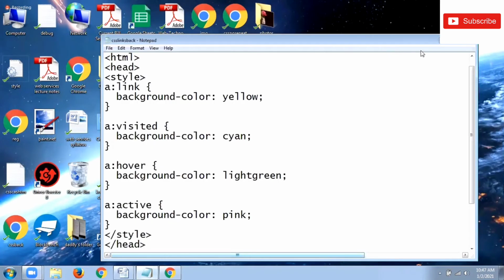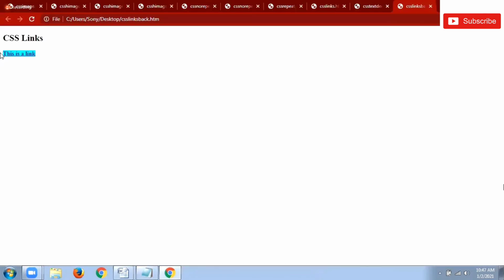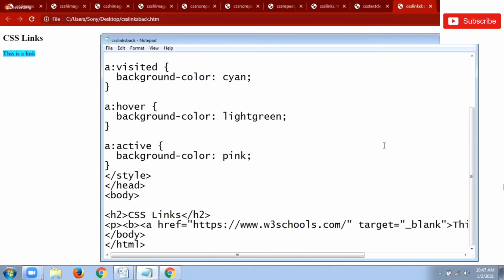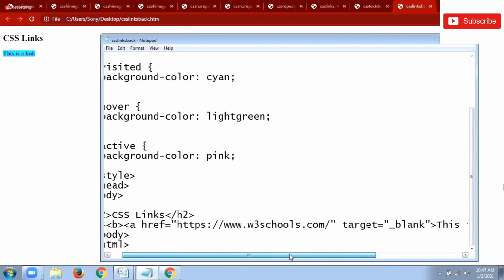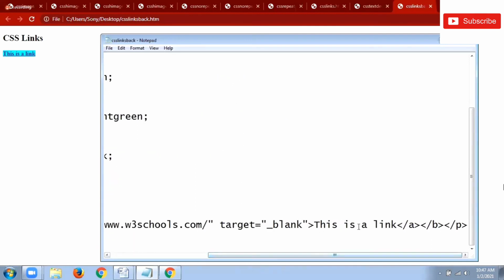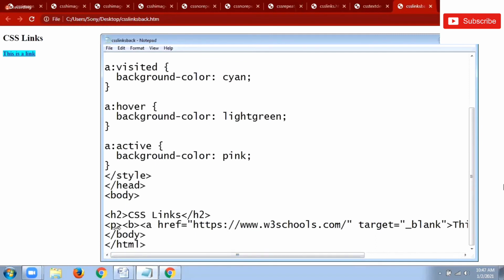So what is the file name? CSS links back. So the background color of the particular link I want to change. See the code. Okay. So here why am I getting it only for the particular text? See, previously whatever we saw for background color or background image, that can be set to the complete page, but here I want to change the color only for the paragraph where I mention a particular text, that is, this is a link. So with any single element also you can change your color.